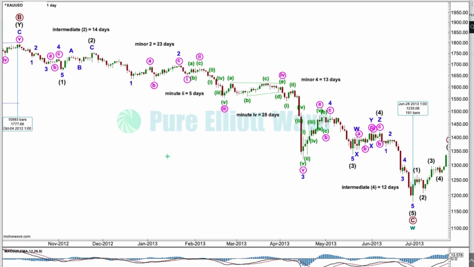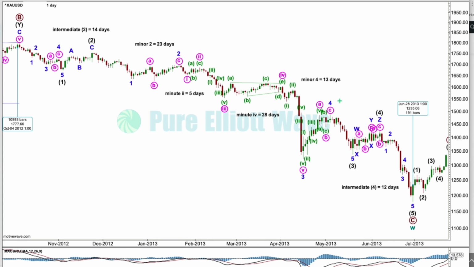Here's a few examples on gold within the same bear market. I have this as the end of the first zigzag in a double, with primary C beginning here and ending here, unfolding as an impulse. Now, I've got 1, 2, 3, 4, 5. Really nice alternation. 2's a zigzag, 4's a triple zigzag, and within the impulse of intermediate 3 we've got a flat for 2 and a zigzag for 4.